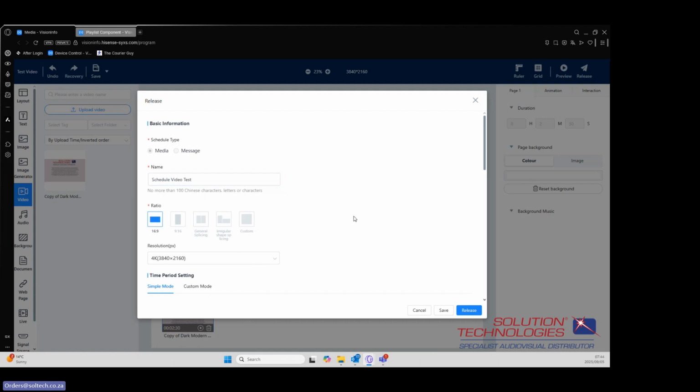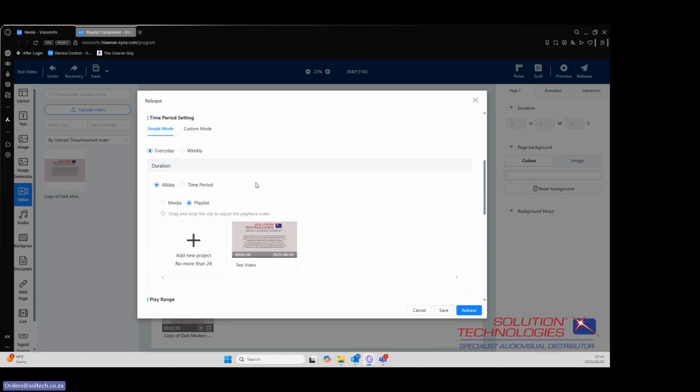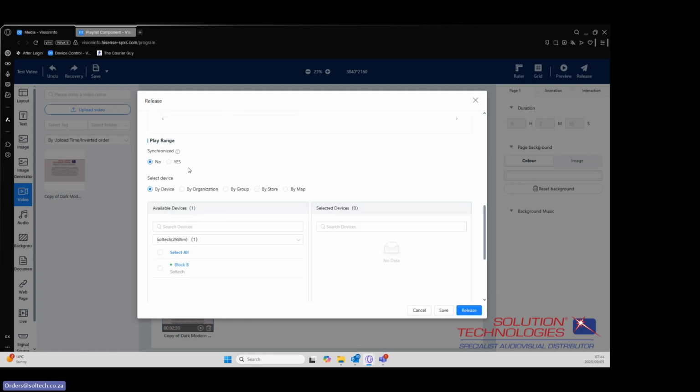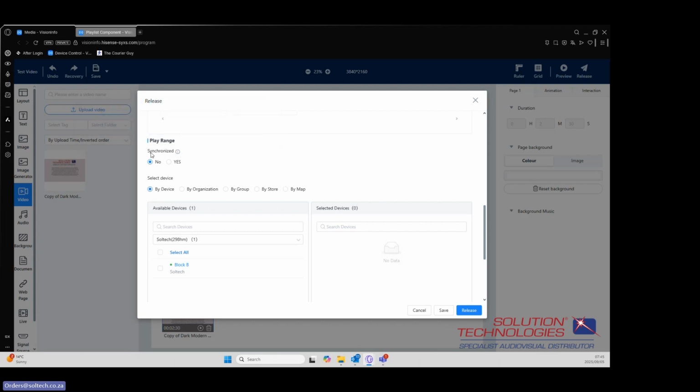Apologies for my spelling. We are doing it in 16 by 9 landscape at 4K. Simple mode for us, very easy. We want this to run every day, all day, and we want it to be this playlist. Synchronized, do you want it to play at exactly the same rate on multiple devices so that everything looks cohesive and as clean as possible? In our case, we are only using one panel, so we do not want to synchronize it,